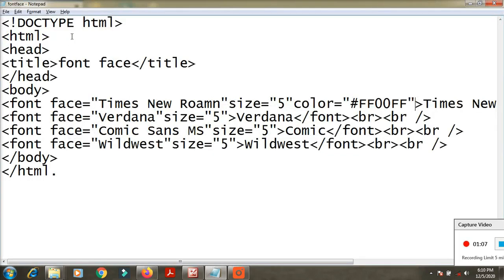Okay, light pink. Like that, the same way we have to type inside every font. It will come in a different color. You have to mention a different color, then only it will come. If you are giving the same numbers or same information, it will come in the same color only. Here I am giving red. Okay, I save now, and here